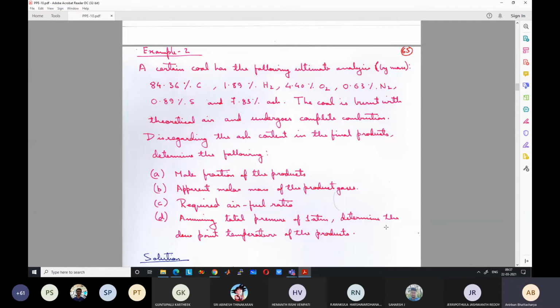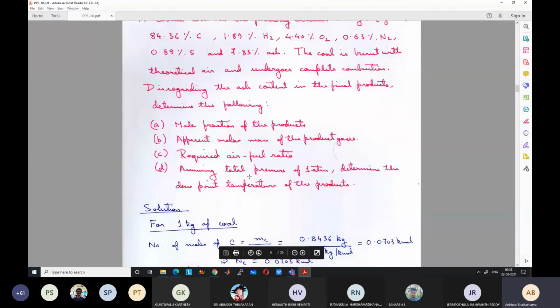So if it is say 20 degrees centigrade or 18 degrees centigrade, that is the temperature at which the water vapor will condense out of the atmosphere. If the temperature of the atmosphere goes below that temperature, the water vapor will condense out as droplets, which we see in the mornings. Sometimes you will see a lot of water droplets accumulated on the surfaces of leaves and other things, because at night the temperature goes below the dew point temperature and the water vapor condenses out of the atmosphere. We are sidetracking a bit, but this is also important, and we also want to find out the dew point temperature.